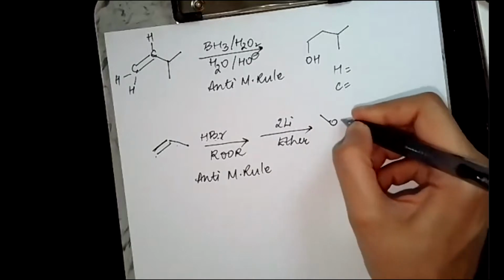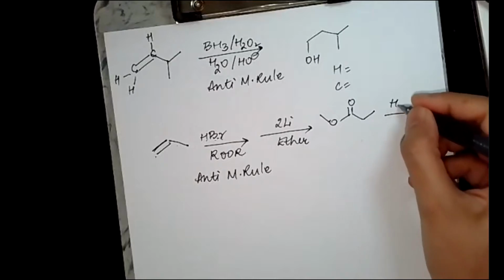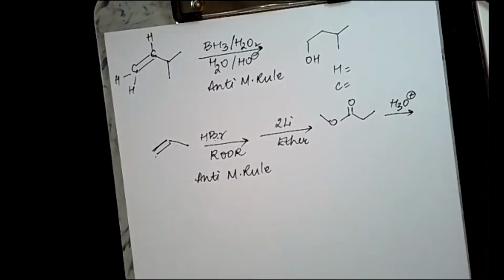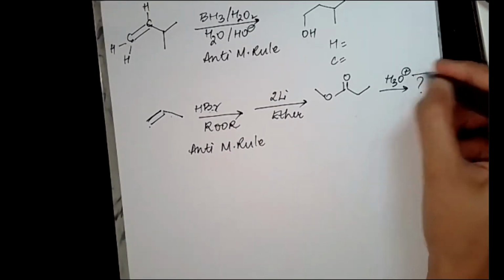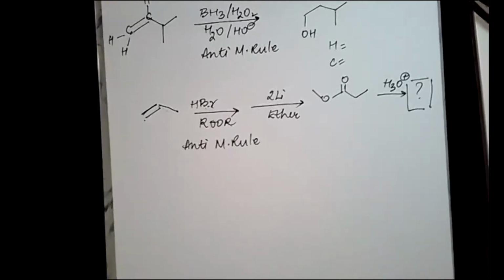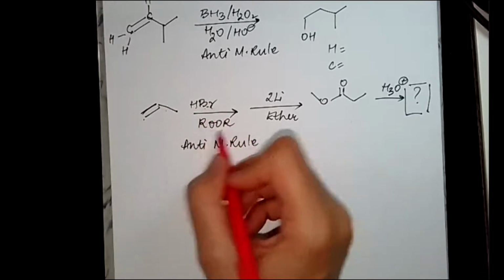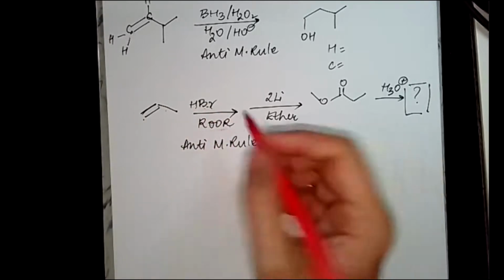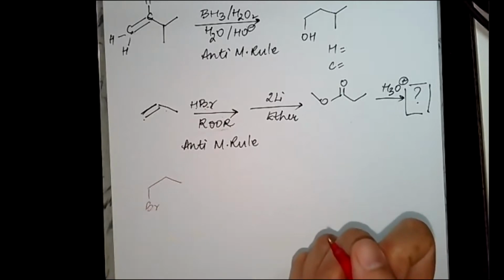And I wanted to share this question with you because one of the students asked it during office hours today. So I thought I'd share this with all of you. So what is the final product going to be here? Let's try this all together. So the first thing that is going to happen is between this alkene and HBr with peroxide. So remember, this is a peroxide. My Br is going to go to the less substituted carbon,